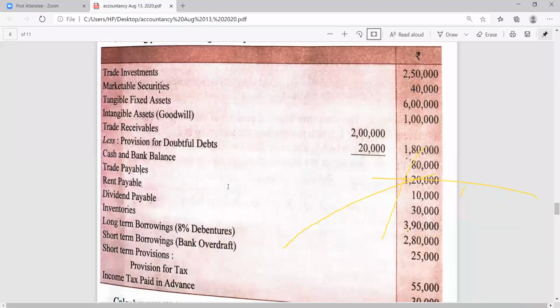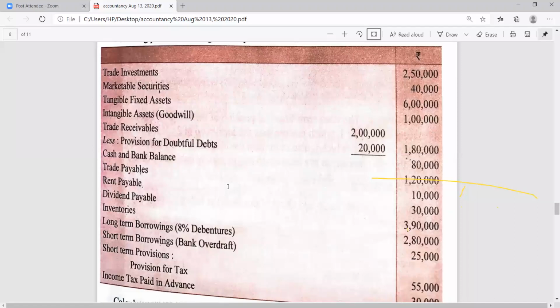Somebody is disturbing the screen, please don't do this. All of you are very genuine students, so don't behave like this. Rub it, whatever you have done. Please clean the screen. Please make it clear whatever you did. These types of activities do not suit students who are as sincere as you.